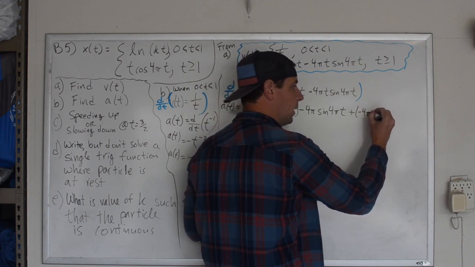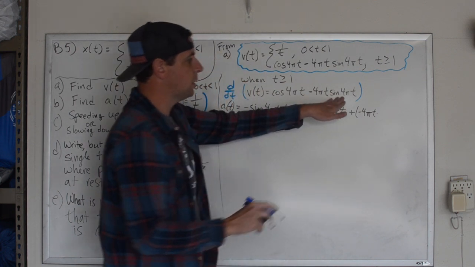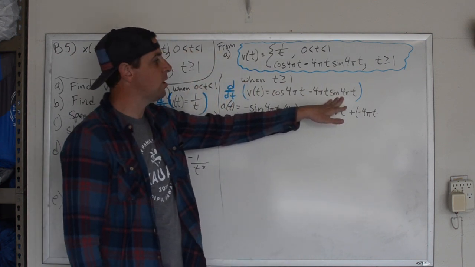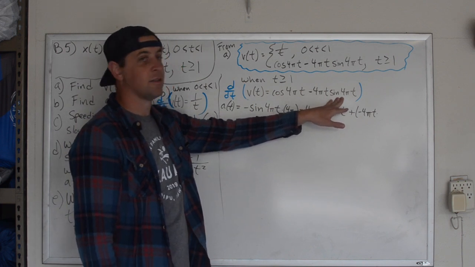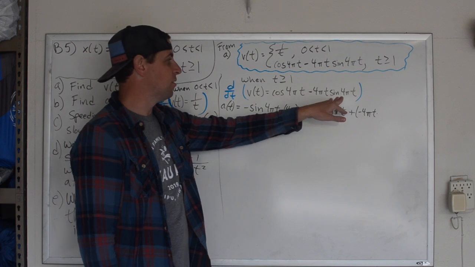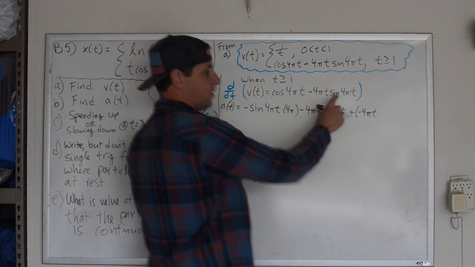4 4 pi t times the derivative of the second. So now I need to take the derivative of sine of 4 pi t. The derivative of sine, remember, sine is so happy, so when he goes down, he goes to cosine. He doesn't change signs. So the derivative of sine goes to cosine